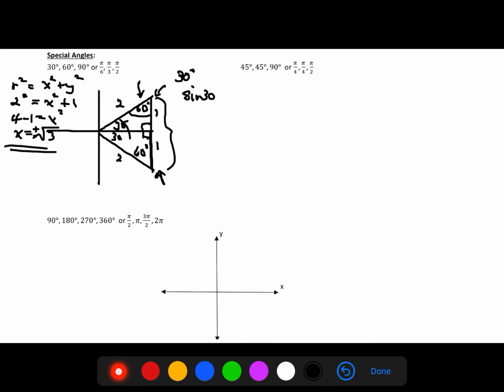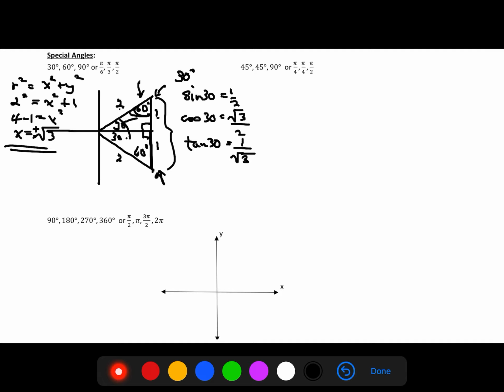so thinking about our 30 degree, sine of a 30 degree angle is going to be 1/2. Cos of a 30 degree angle is going to be root 3 over 2. And tan of a 30 degree angle is going to be 1 over root 3. Okay, if we take a look at our sine, cos, and tan of the 60 degree angle, it's going to be sine is root 3 over 2, cos is 1 over 2, tan is root 3